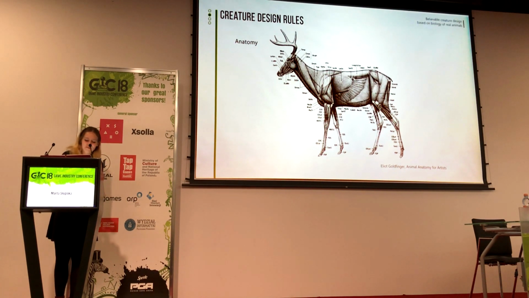Okay, so another very important one is of course anatomy, but this is a very vast topic, and you can actually learn anatomy all your life and you will still be surprised by something you find out. And it's very important to learn the very basics, like what are the most important parts of the skeleton, and how muscles wrap around the bones. You can try to do your best, depending on references, to make the anatomy of your creature reliable. And anatomy helps to figure out how your creature looks in different poses, so it's believable.